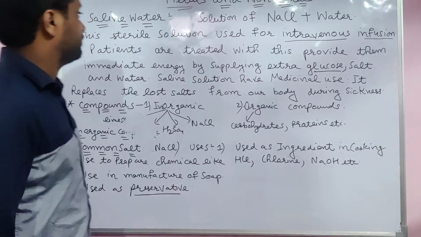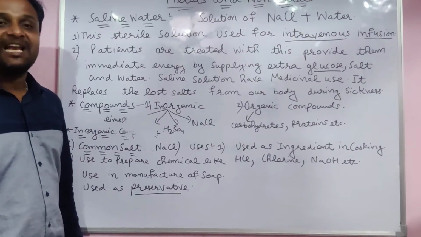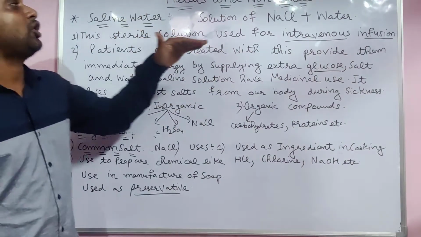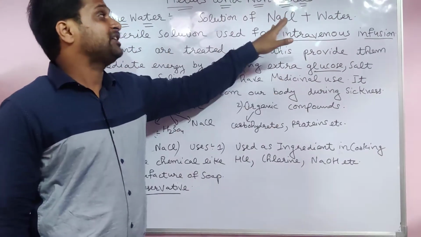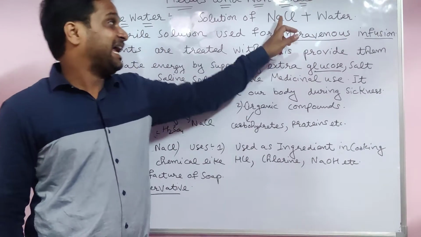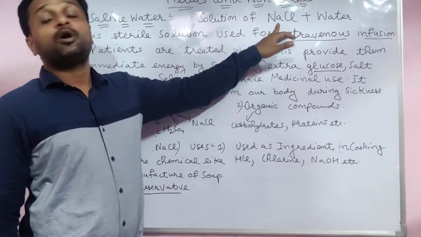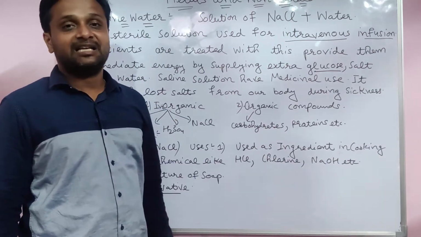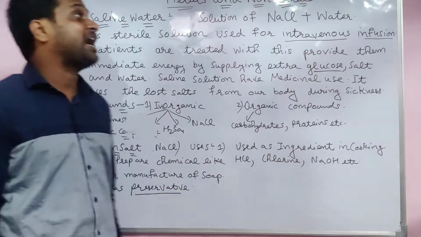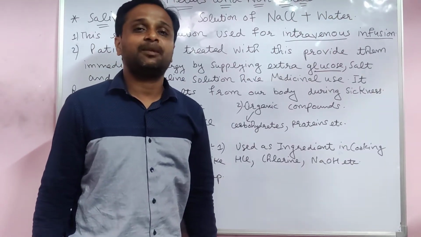Now in this lecture, we have to discuss saline water, salty water. The water which has salt is a solution. When you mix NaCl in water, sodium chloride in water, Na means sodium, Cl means chloride. The cation name always comes first, the anion name always comes last, and the anion name always ends in -ide. Sodium chloride plus water means common salt plus water.